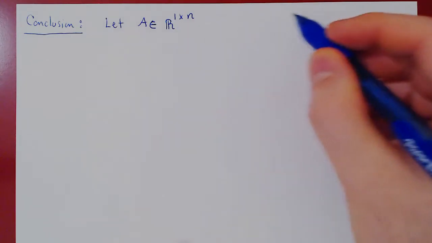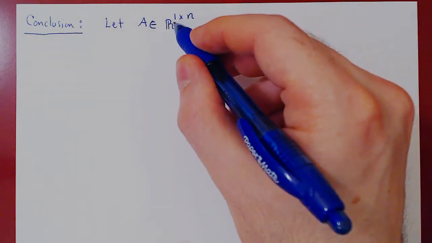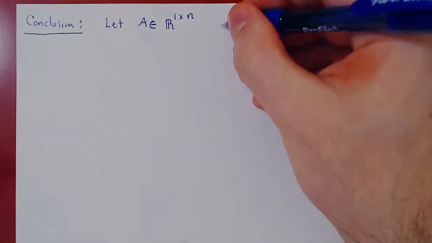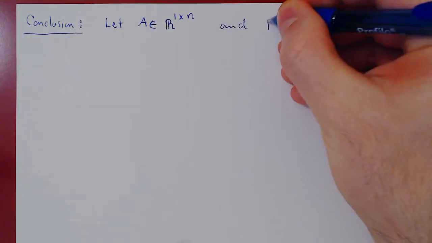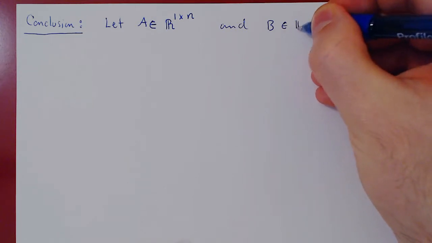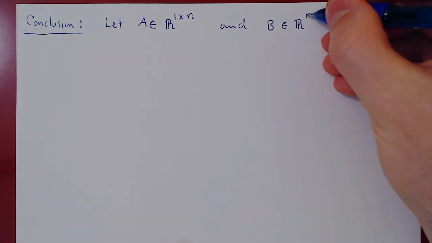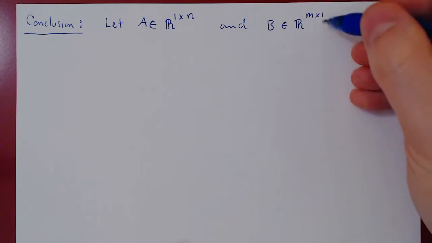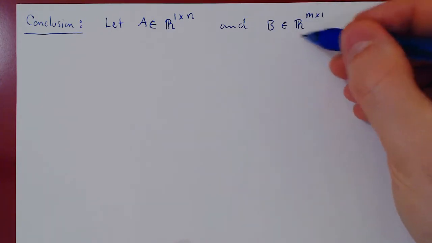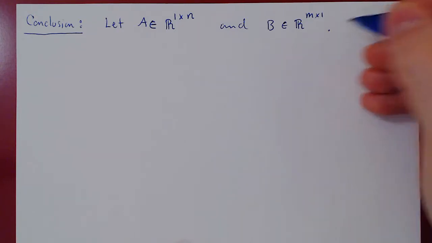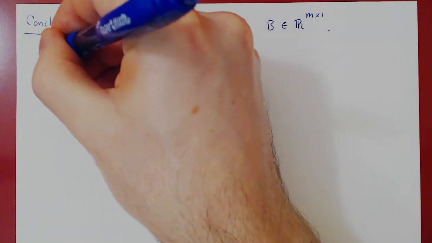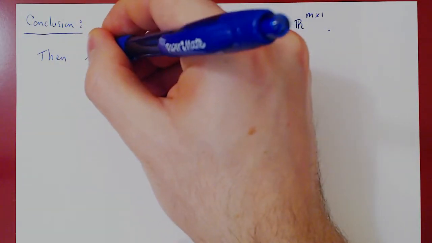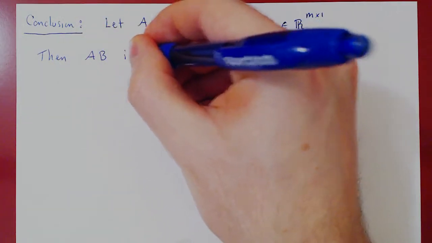It is a 1 by n matrix, so it is 1 row, n columns, so it's a row matrix of length n. And let B be now a column matrix of length, say, m. So m by 1. M rows, but a single column, and so B is a column matrix of length m. Then we can perform A times B. So it is defined